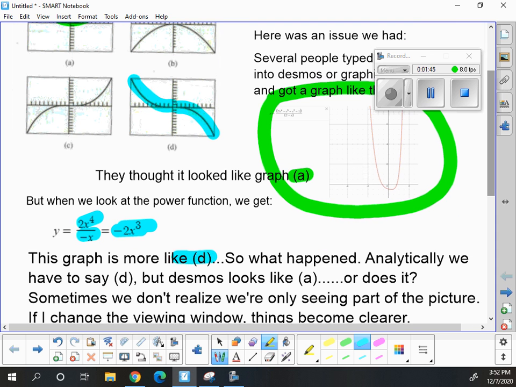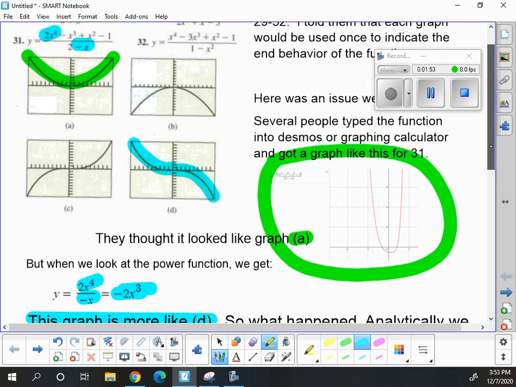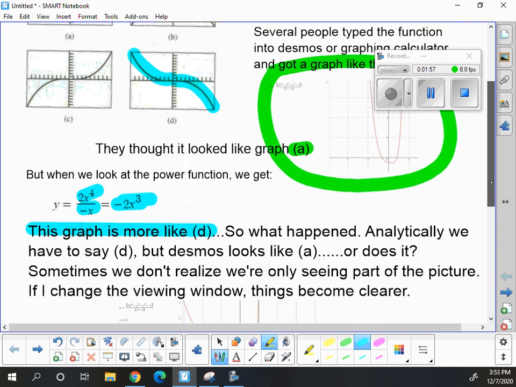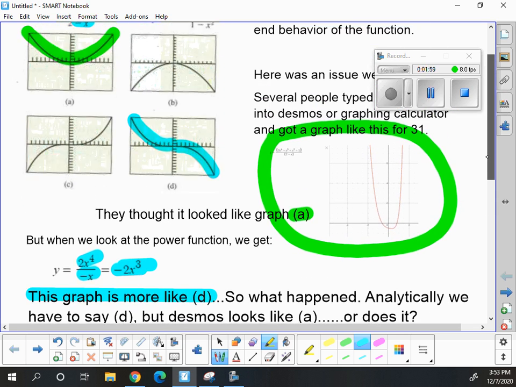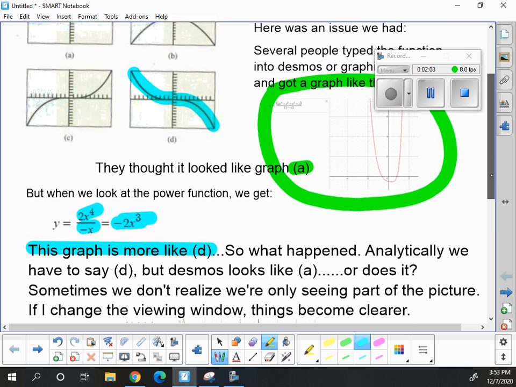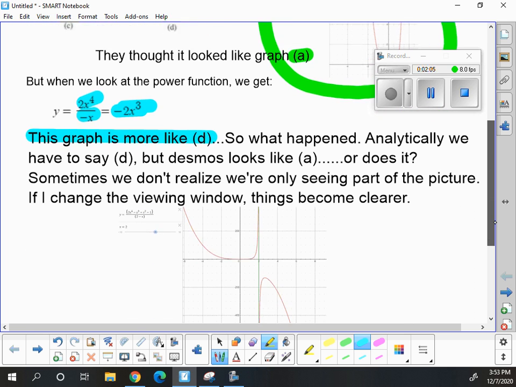It's more like D. So how is this happening? Why does it say analytically it should look like D, but graphically we are seeing A? It took me a while to think about it. Now, I have to say I trust the analysis in my own mind more than the Desmos, because when we look at Desmos,